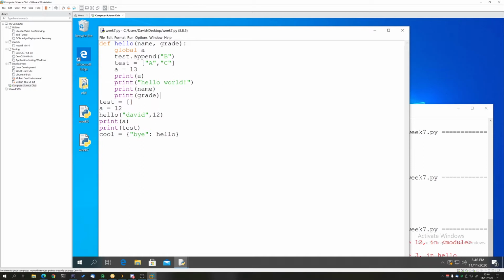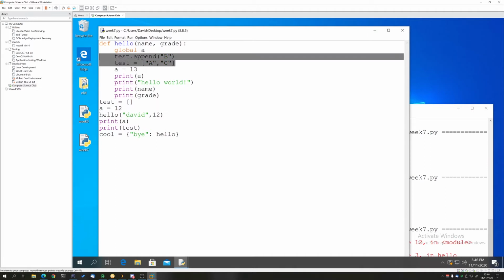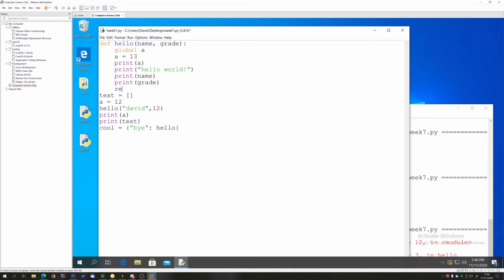However, in this case, especially if we're just modifying A or something, we could always return A and have A equal the return value of hello. Or we can do something else here. So generally, we'd like to avoid the use of globals and just keep everything in this kind of black box, so that you don't really need to know exactly what the function actually does for using it.